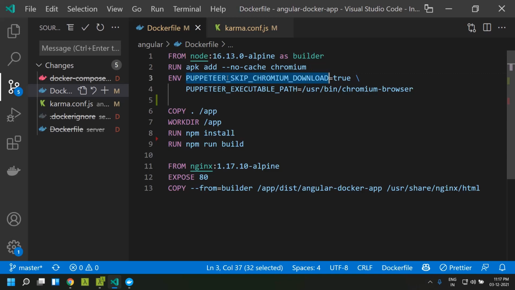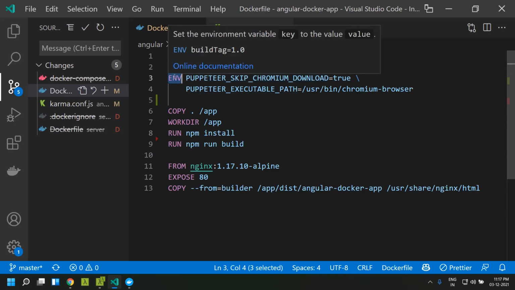When we do an npm install, Puppeteer automatically tries to download Chromium. We are saying that we already have installed Chromium and Puppeteer need not download it. And also we are providing the executable path of our Chromium browser.